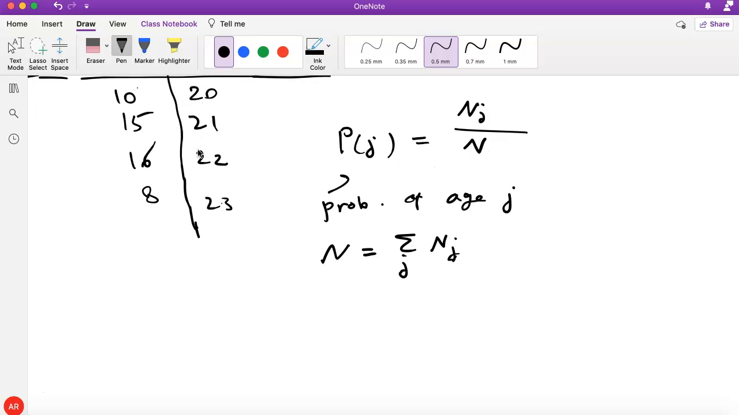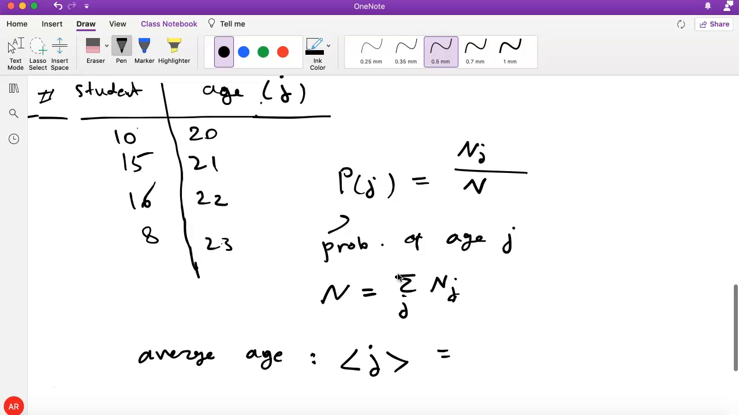Now, if I want to find the average, let's call it, I put j in brackets like this. So that's the average age of the students. Well, in this example, what do I have? So I have,